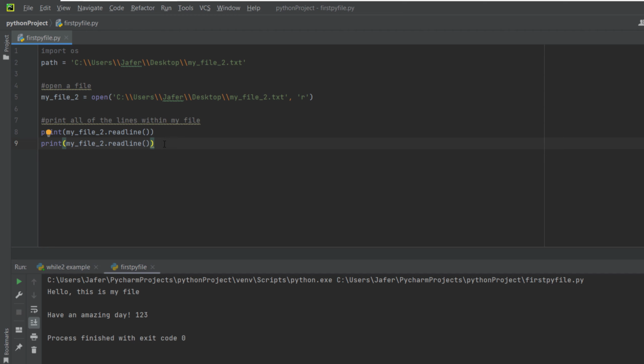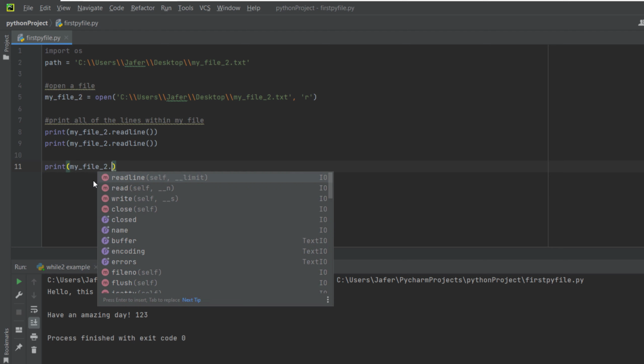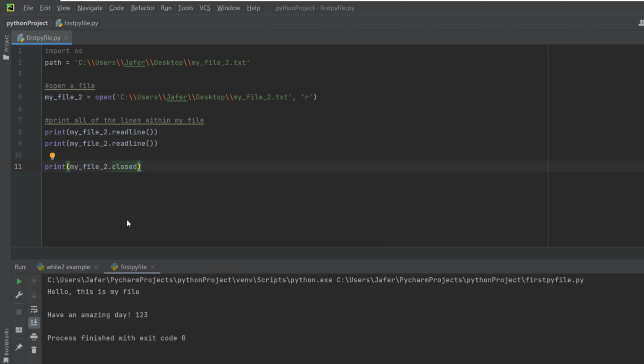And what we can do is if we print my_file_2 dot, we can see the options inside here, and one of them is closed. So if we double click closed, this will check if our file is open or closed, and it will give us a Boolean result back of true or false. So if we run the file, we can see at the bottom here it says false